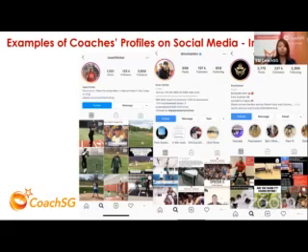Compared to the coaches that we've seen locally, where their profiles are a mix of their family, perhaps their own pictures and their training and some of the things they have, these coaches are very driven. So their profile is really more of a coaching profile where they are aiming to use that to promote themselves,